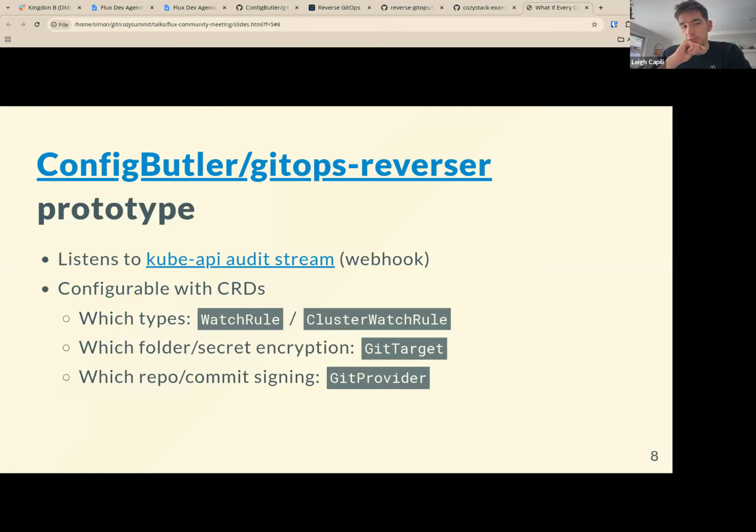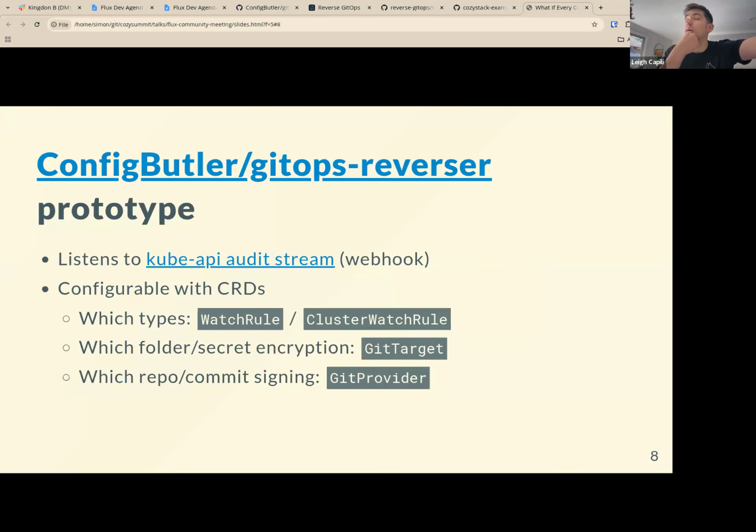It seems like you're answering a different question than what I'm asking. The premise of using GitOps Reverser is that the intent can come from the cluster. So that would imply that you would want the intent to come from the cluster. My question is, what are the use cases where the cluster is the more usable thing to change? Where logging into the thing, I could see state coming maybe from some other tool,